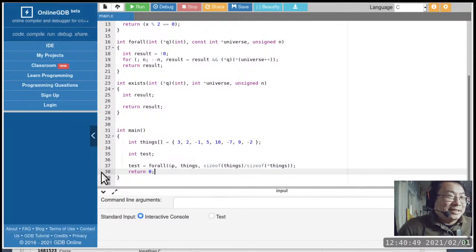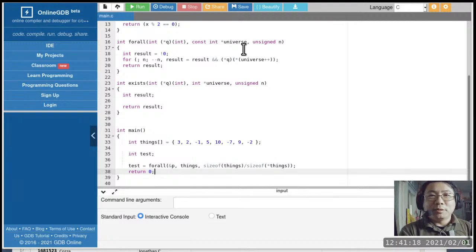Okay, Aiden is saying, printf is the poor man's debugger. In the absence of any debugging tool, yes, I would use a printf just to see when I get to a certain point, what is the value inside a variable. But if I have a debugger, which is what online GDB is all about, I'm not going to use printf. So it's a last resort kind of thing.